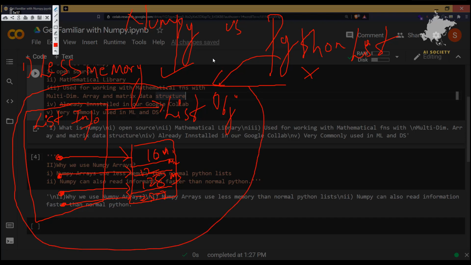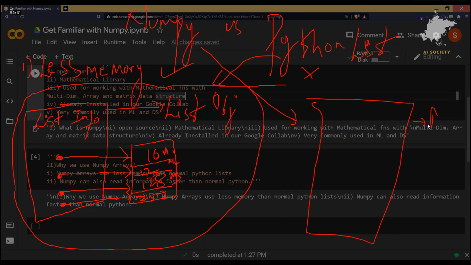And now let's talk about NumPy, how NumPy works. Let's say again you're creating a collection of elements, not a list but a NumPy array, and it is an array object. It will have information related to the array, like dimensions and shape.